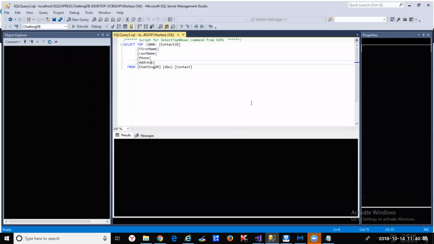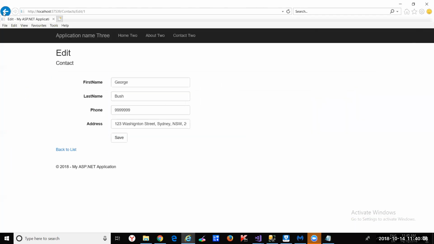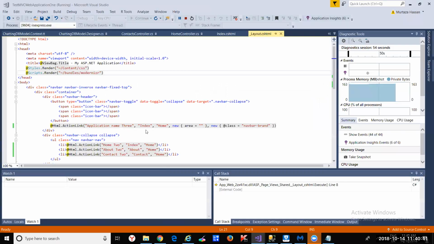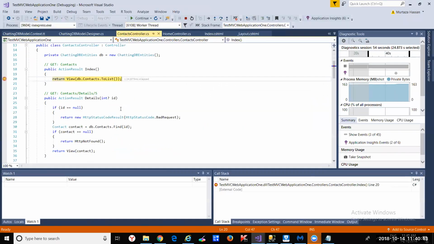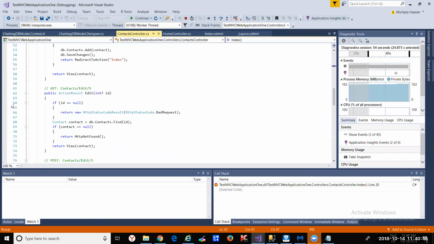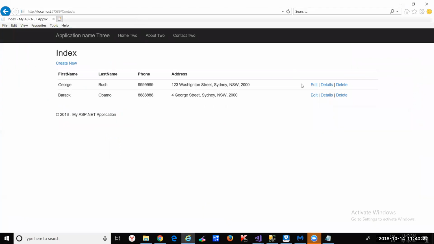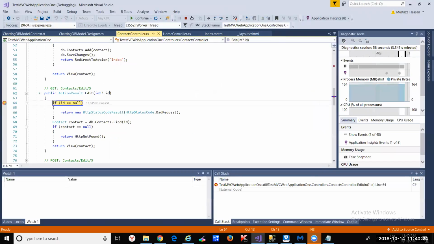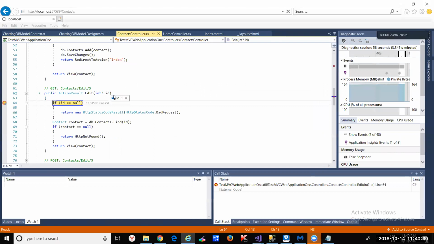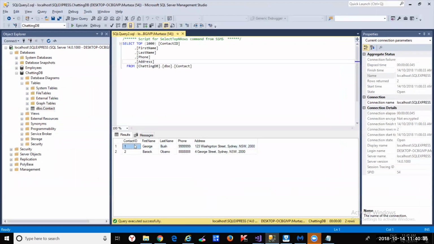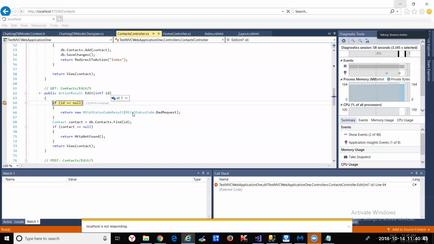All right. If you click on edit, what we'll do in the background, I'll just show you. If we just go back to the list for a sec. Going back to the home page. If we click on edit, we will go to this web page here. Edit. It's just going back to the home page, and if we click on edit, it goes to edit. Okay, it's passing the ID, which is the primary key ID 1, right? Because 1 is this value here. I edited George Bush's record. If I tried to edit Barack Obama's record, it would be 2. Okay, so